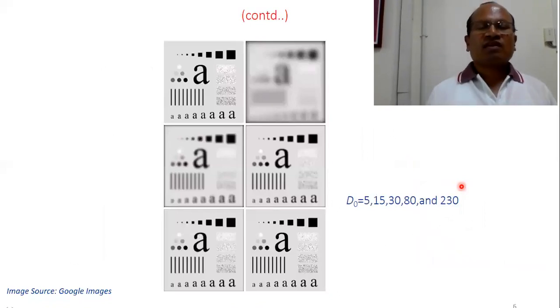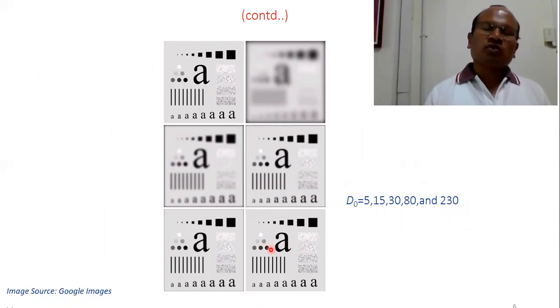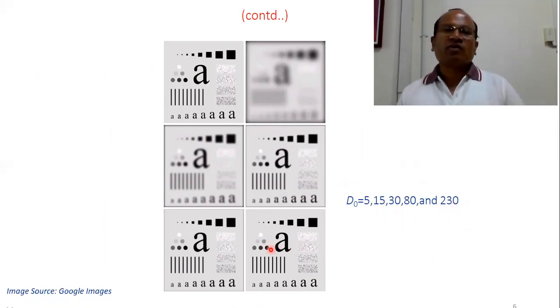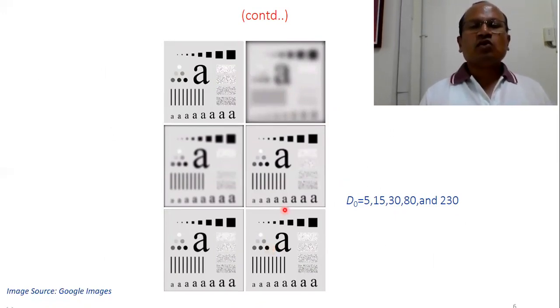This is one image where there are 5 more images for different cutoff distances. When you choose cutoff distance 5 and go till 230, the output is 230. When you increase the cutoff distance, you are getting different output, more and more information is passed. When the distance is less,